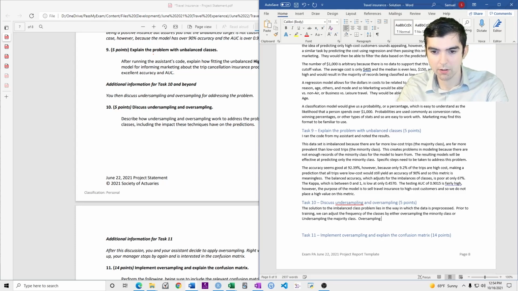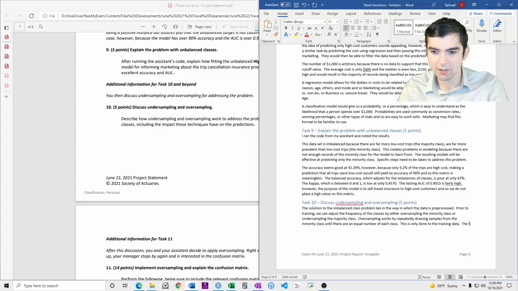Oversampling works by repeatedly drawing samples from the minority class until there are an equal number of each class, right? This is only done to the training data.